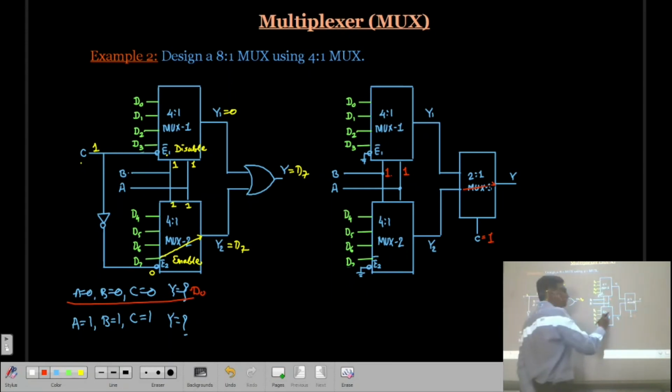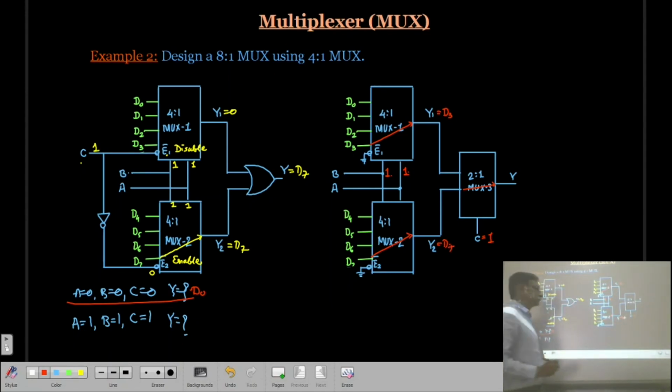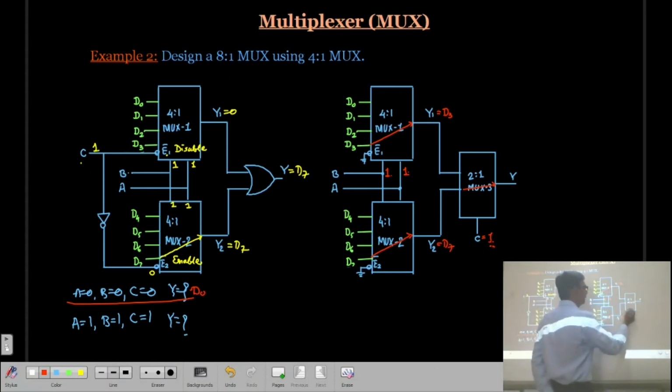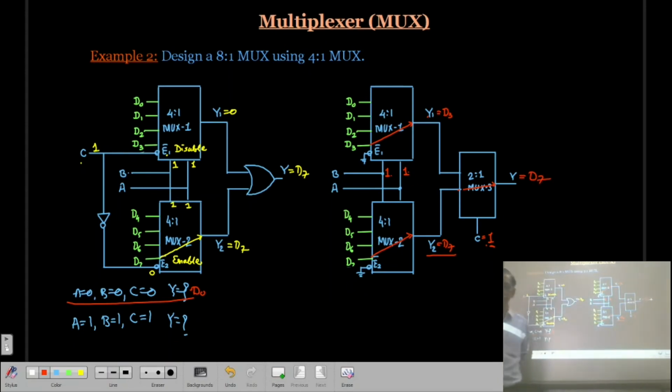And in these two multiplexers, if you see, both are high, then D3 is going to be selected here, and here D7 is going to be selected. But C is 1, which means Y2 is going to be selected, so you will get in the output D7.